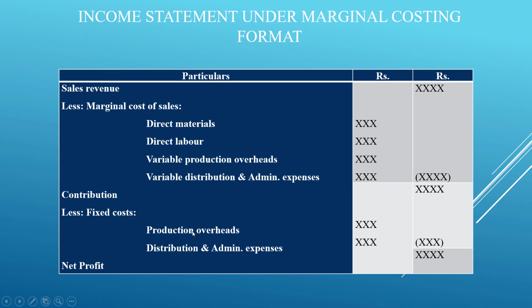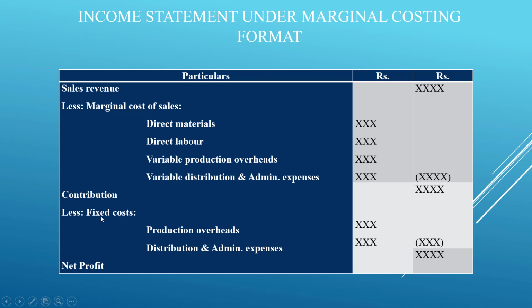In case of fixed, if it has been specifically mentioned, whatever the fixed cost, it can be in the production overhead, manufacturing overhead, distribution, or administration, all these fixed costs. If it is written as fixed, then that part of fixed production overheads will be taken and the amount has to be written. And then distribution and administrative expenses, these are just an example, because fixed cost can be any.